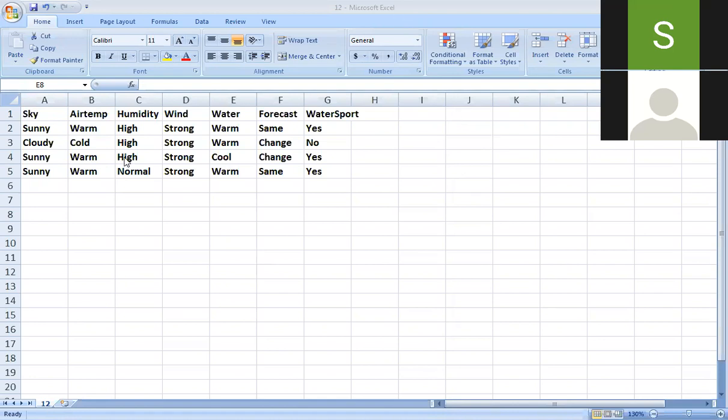So this is the data set, which has attributes like sky, air temperature, humidity, wind, water, forecast, and a final column. The final column says yes or no: enjoy sport is true or false. You must also remember that the Find-S algorithm only considers positive examples. It will not consider any negative example.